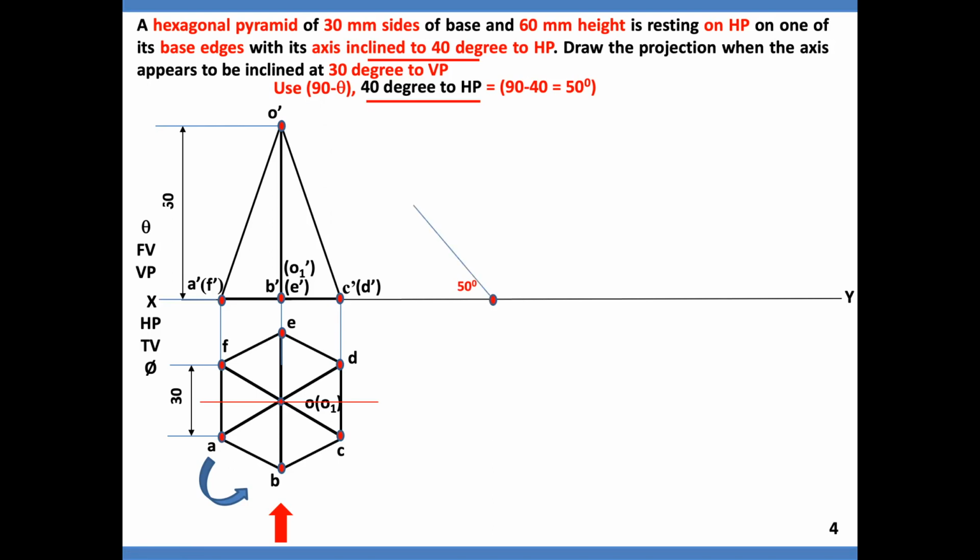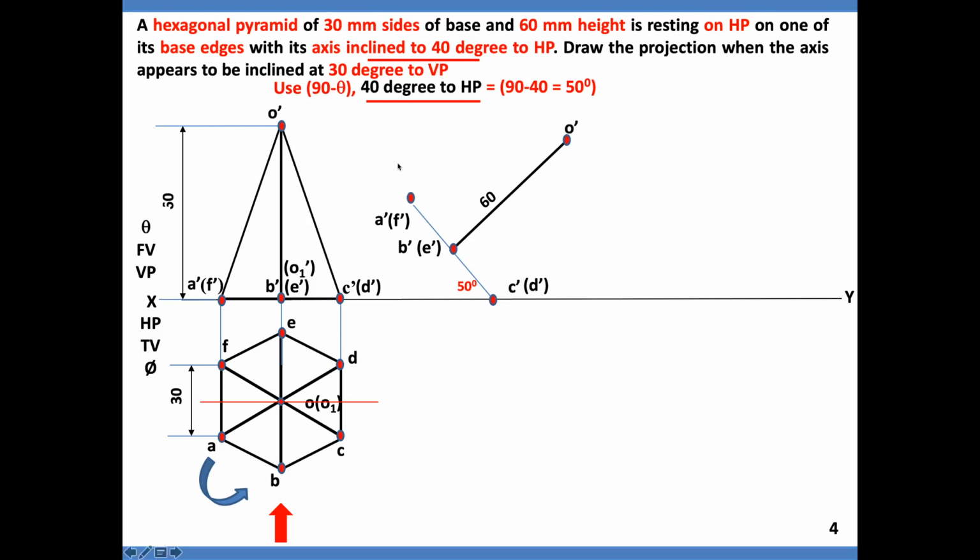On this 50 degree line, you have to redraw the second view where I am moving the cursor. This front view, you have to redraw. C dash, D dash I have brought, that is the point where it is sitting. Then take the divider, measure from C dash to B dash and mark on this line, and it will be B dash, E dash. With the same divider, mark from B dash to A dash. This is the point. Now, this is the height. What is the height? 60 mm. You will get the apex. Yes, very good. Apex we got, O dash.